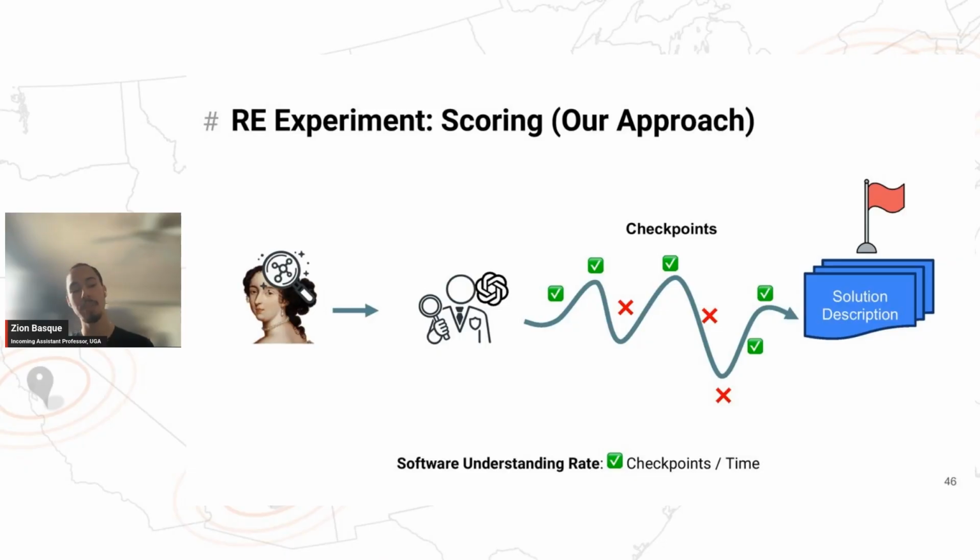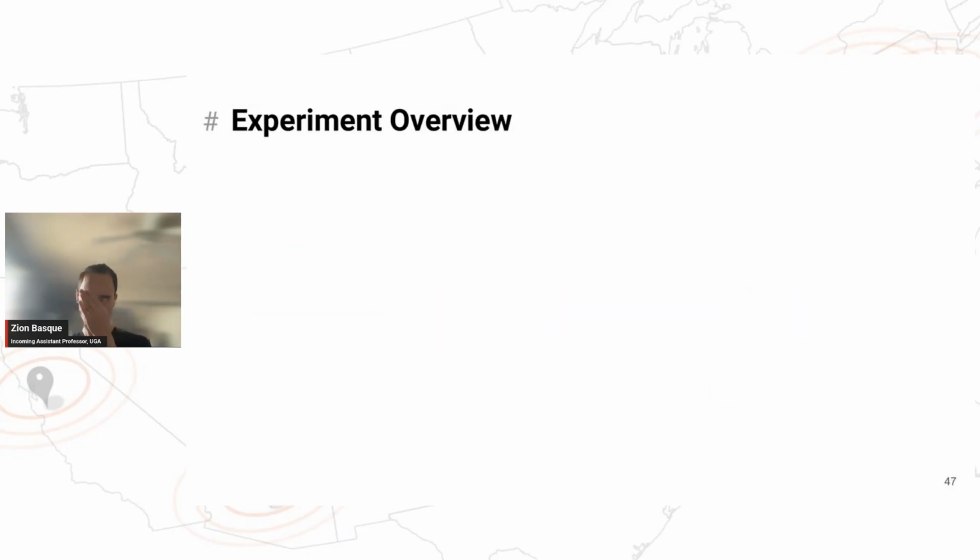We could take the checkpoints that people got correctly over time, and this created our fundamental metric in our study, which is the software understanding rate, or how fast are people getting to critically important areas of a program, since all of these checkpoints are necessary for someone to actually solve it and exploit the final vulnerability in these CTF challenges. Now, with the design out of the way, I want to give you a quick overview of the study